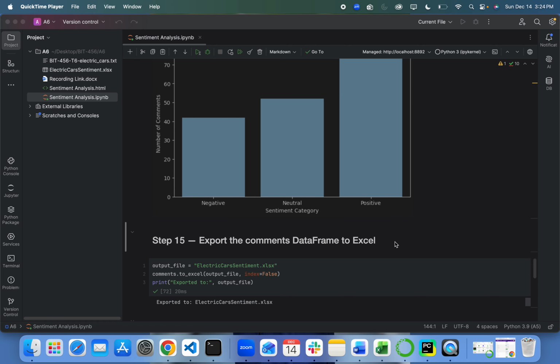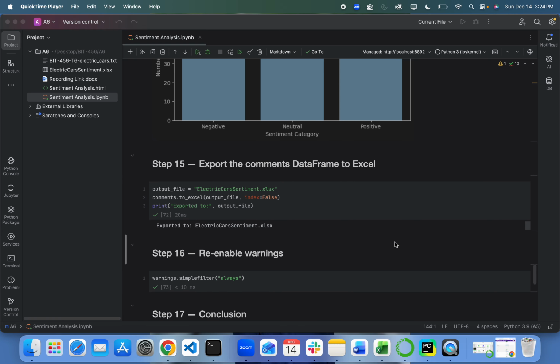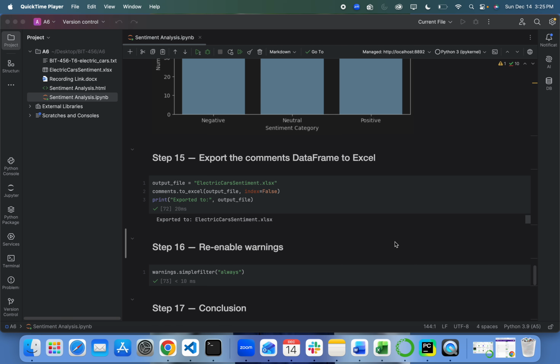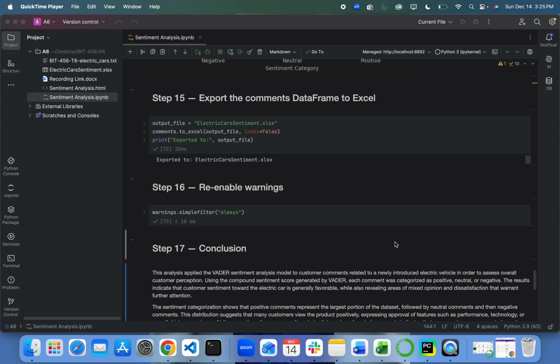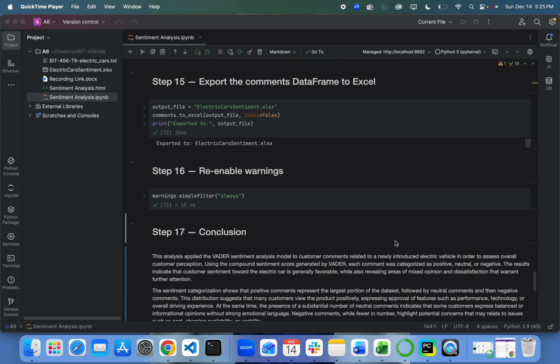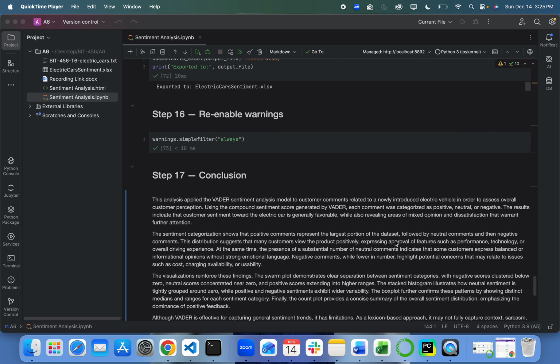And then after this, I exported the completed data frame to an Excel file named electric car sentiment, which included the original comments along with the sentiment scores and the sentiment categories. Finally, I re-enabled all of the warnings and concluded with a written interpretation of the results,